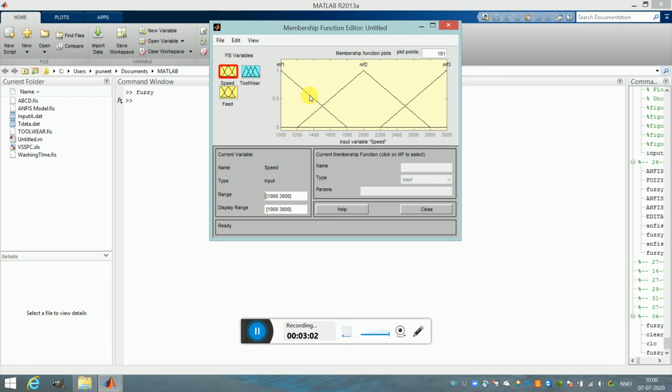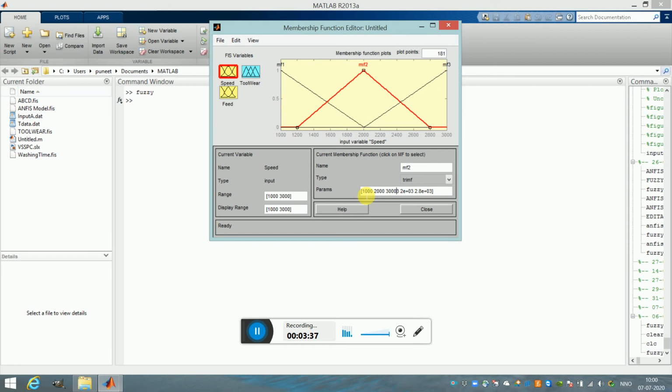Now I will be moving these membership functions like this, or I can click here on the second membership function and change the values here. The first value I want to start from 1000. Then the middle value is at 2000, and the third point is at 3000.